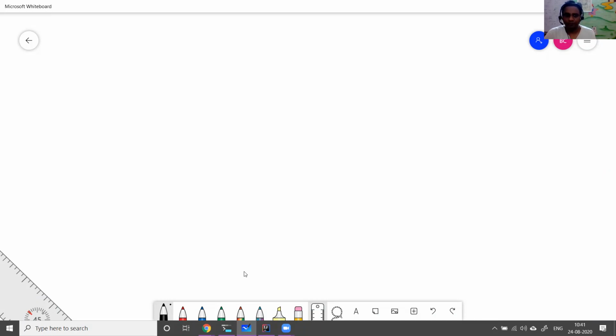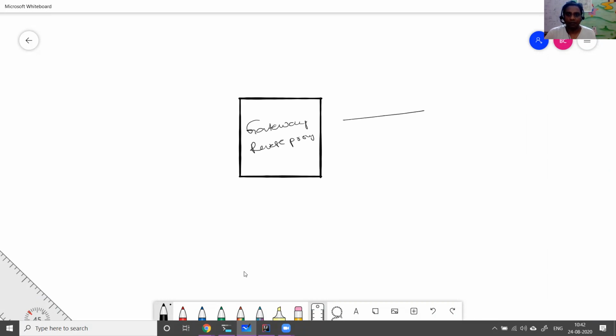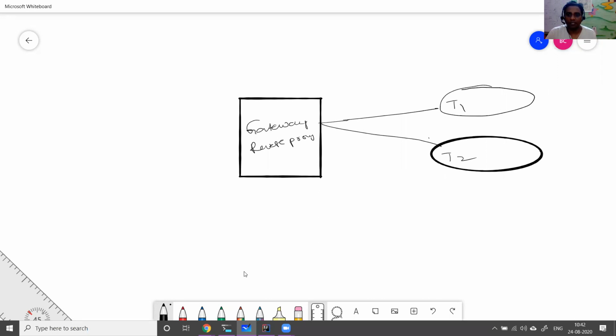For example, I have a gateway, or reverse proxy, and I have two Tomcats, T1 and T2. This is what my architecture is like. I have the gateway on 8080 and Tomcats running on 9090 and 9091.